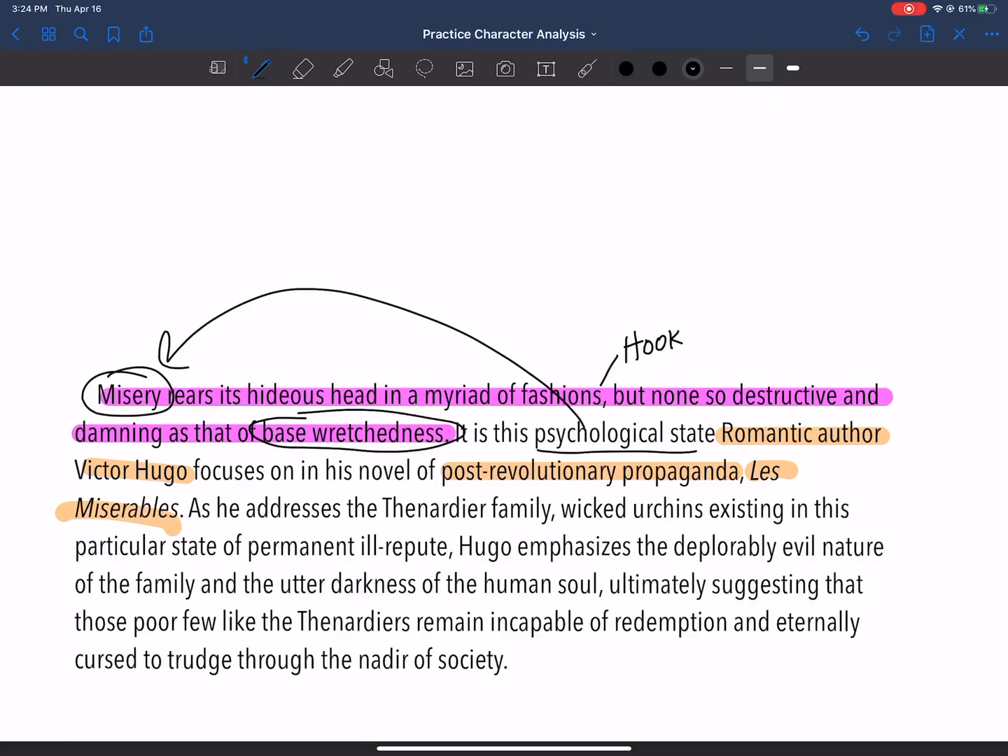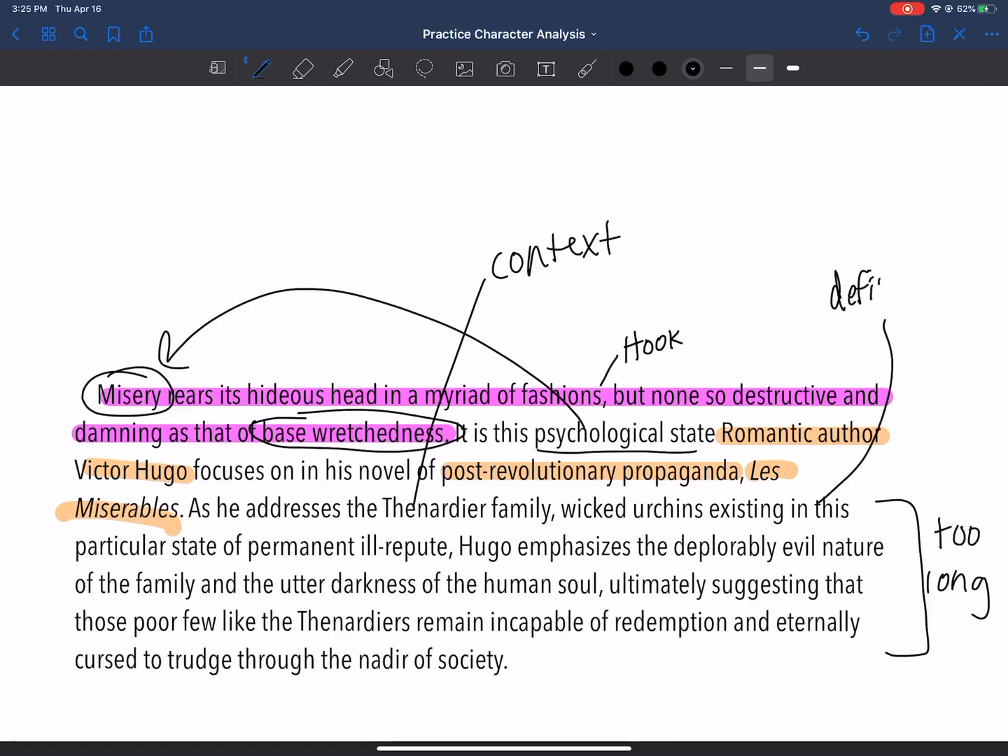All right, and then we have my thesis. Again, this is a long thesis, probably too long, but it is only one sentence. It's grammatically correct, and it does meet all of the goals that I set for myself when I write a thesis. So it says, as he addresses the Thénardier family, which gives me some context. It sets the scene. Wicked urchins existing in this particular state of permanent ill repute. So here I have defined who they are,